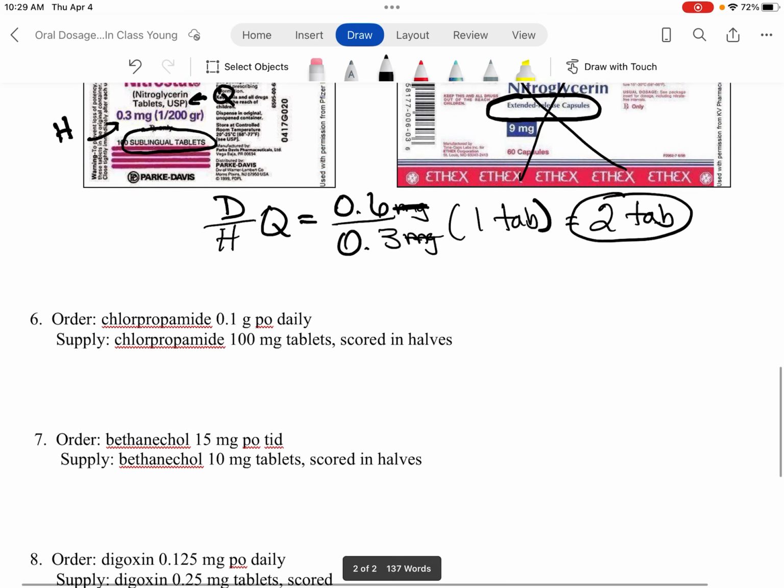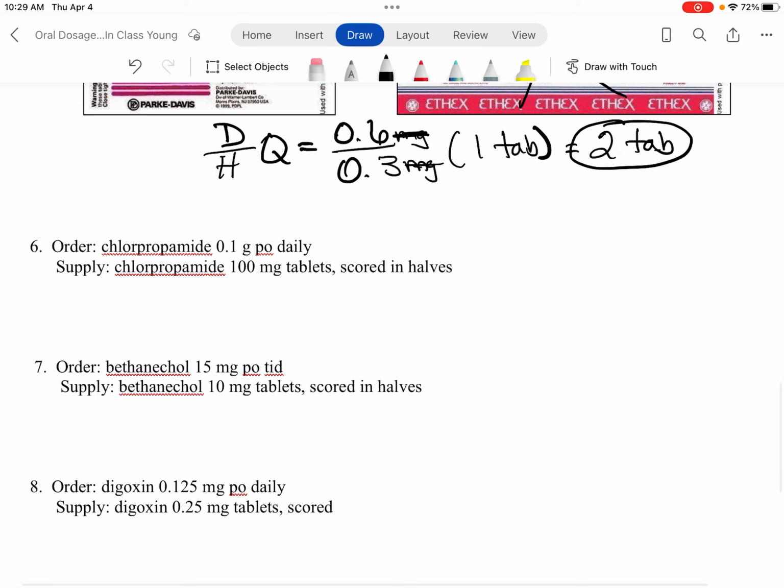Okay, and the last one that I'm going to do is number 6. Because this one, notice that the medication I have is 0.1 gram. That's my desired. My have is 100 milligrams, and of course my quantity is 1 tablet. First thing I have to do is I have to convert my 1/10 of a gram to milligrams. You always want to convert to the smaller. It'll work either way, but it's just easier to convert to the smaller unit